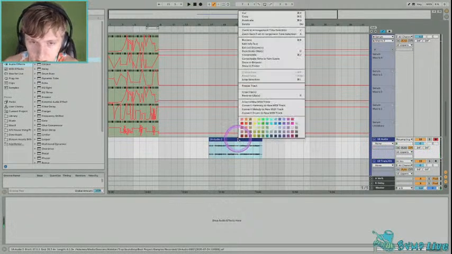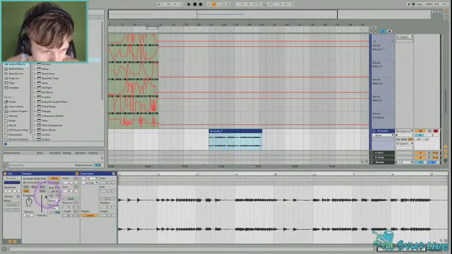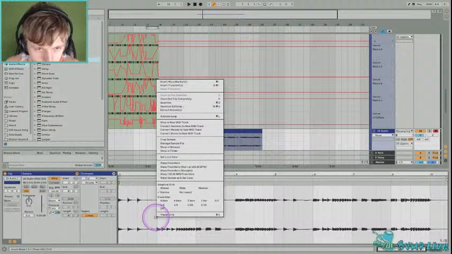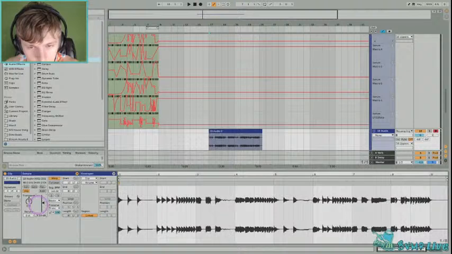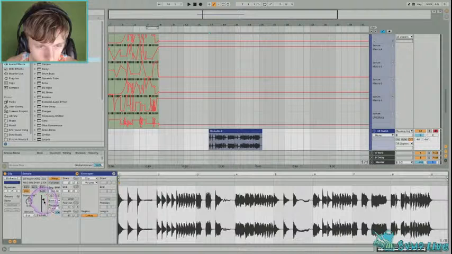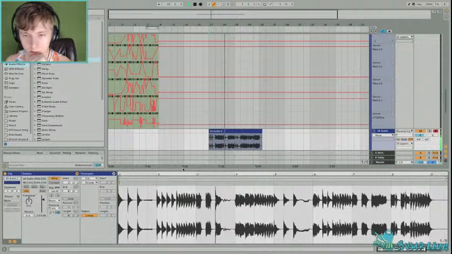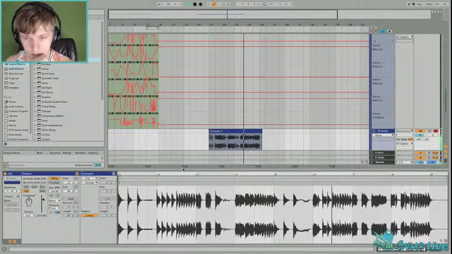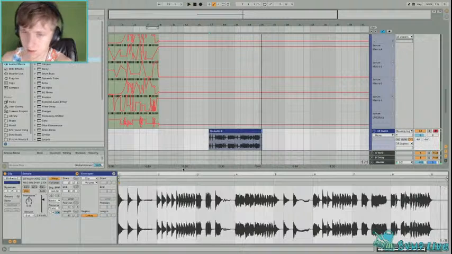Excuse if it's quiet. I need to normalize this. I thought there was a normalize button. Anyways, I could just boost the volume. So I've recorded so far,